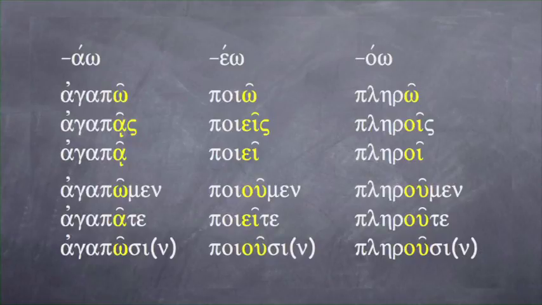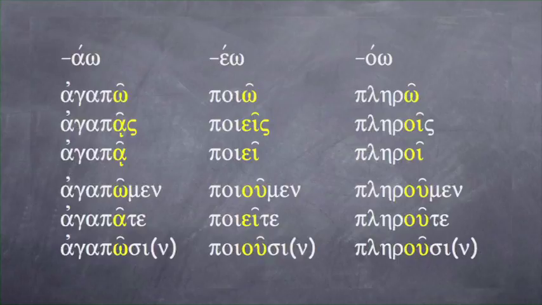Technically speaking, on poies and poie, second and third person singular, they're not quite following the contract rules I've given you. There should be an iota subscript in both cases if you wanted to be technical about it. But poies and poie are so obviously second and third person singular, people don't have problems with it, so I just decided to gloss over it.